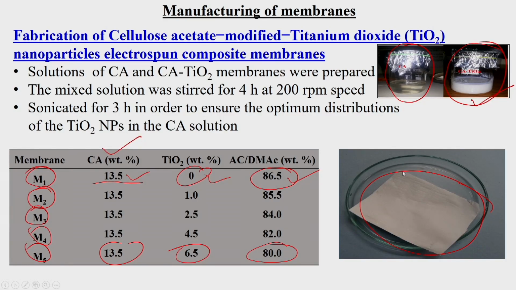So if the concentration of cellulose acetate is fixed, and the concentration or dose of the titanium dioxide is changed, and the solvent and co-solvent are also altered, then the property of the membrane will also be varied. Okay, so depending on a particular application, the membrane will